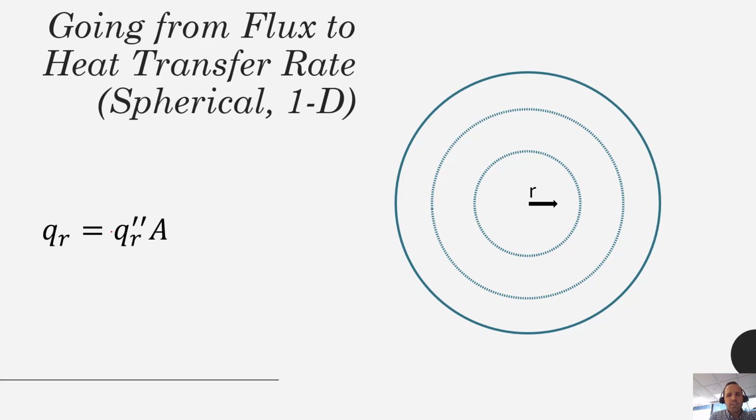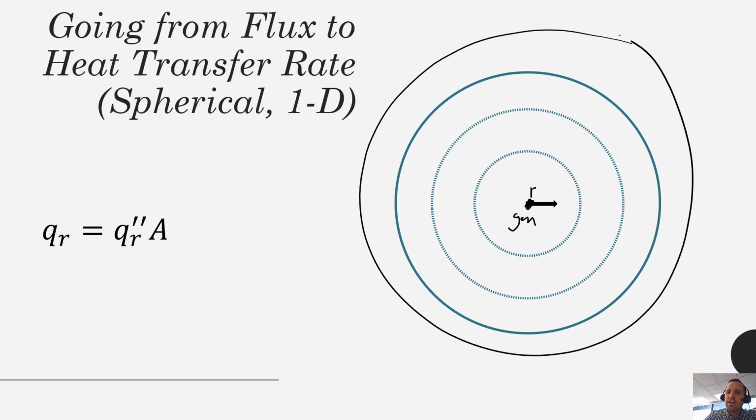So for spherical systems, imagine, I know this looks a lot like the cylindrical system, but I'm dealing with a two-dimensional presentation here. So imagine this is a spherical system now. Again, let's say we have some generation happening right at the center. So that heat is all going to need to get out somehow. So heat is going to be traveling from here to some point outside,